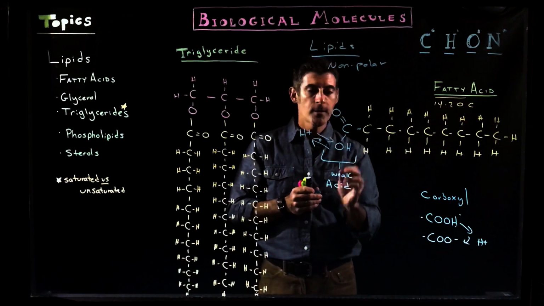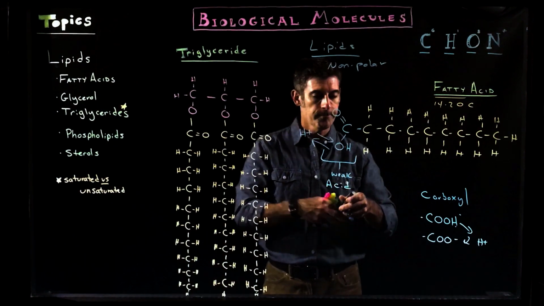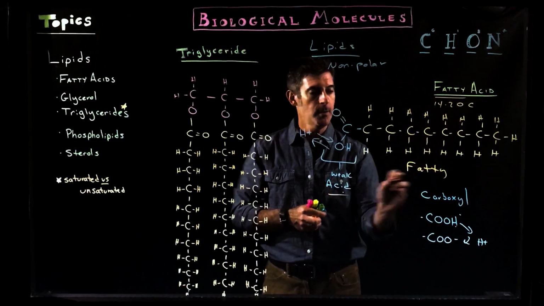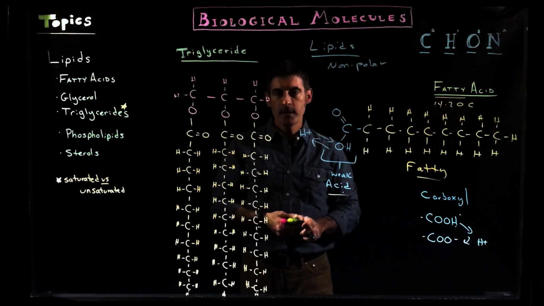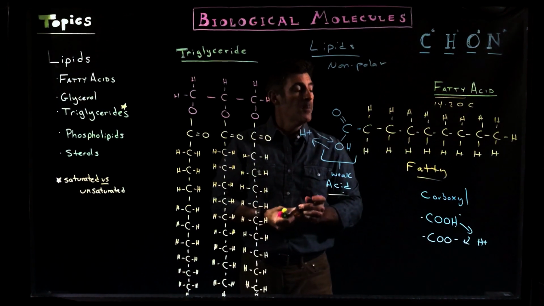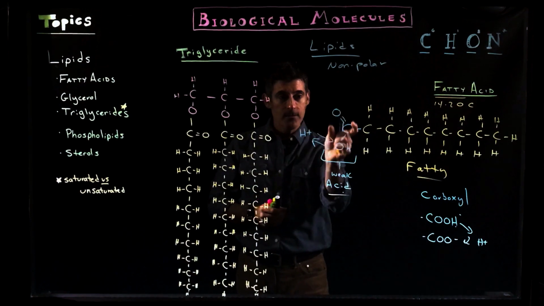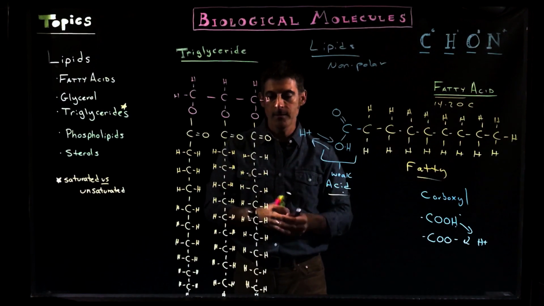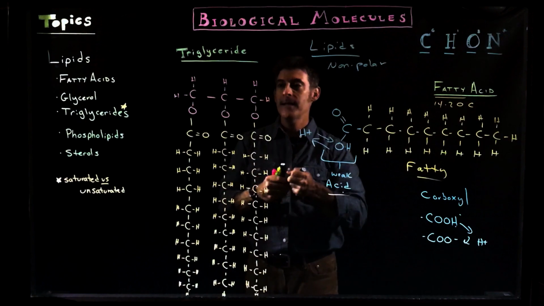So this is our carboxyl group, which acts as an acid. So we have the fatty part here and the acid part here. So this is where the name comes from. And that's our most simplistic unit of a lipid, the fatty acid. But what we're going to find is that unlike the sugars, where we have a simple sugar attached to a sugar, fatty acids do not attach to other fatty acids. So you don't have fatty acid to fatty acid to fatty acid. They attach to